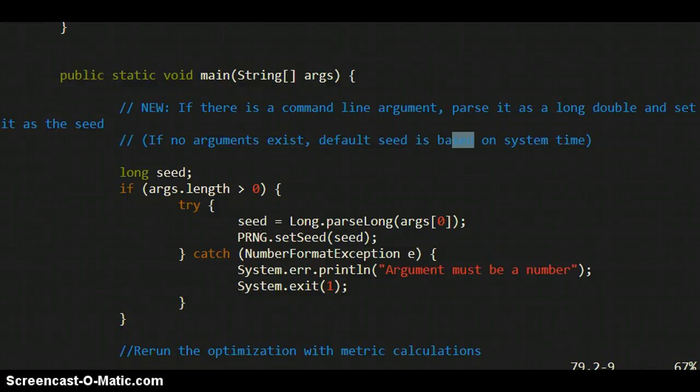Alright, so in the previous video I showed how you can run multiple random seeds of an optimization algorithm using MOEAFramework by passing in random seeds as command line arguments to your Java file. And you can see as a reminder again here what that looked like, parsing the input argument and then setting the random seed